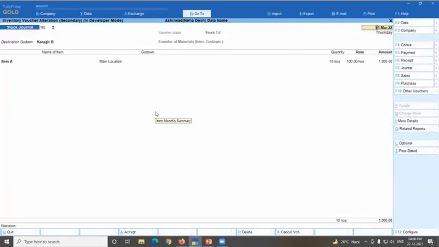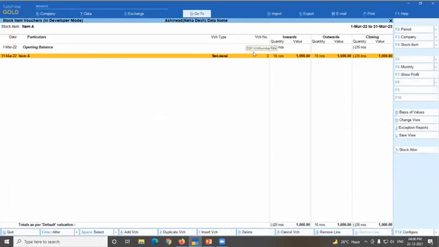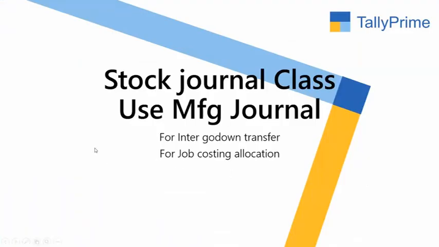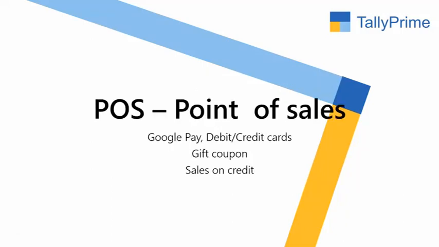See here, the material is transferred from this location to this location. So in a single entry, you can do it this way. Actually, that is also covered in the manufacturing concept. That is a very deep concept, but still as a voucher object, we have to learn about this.